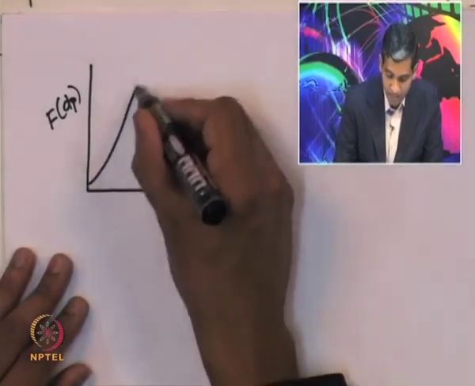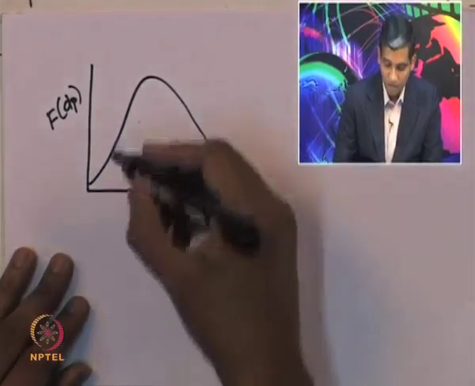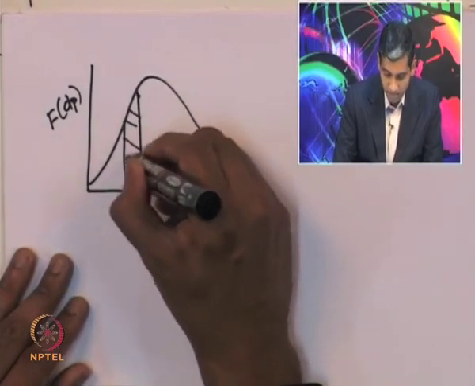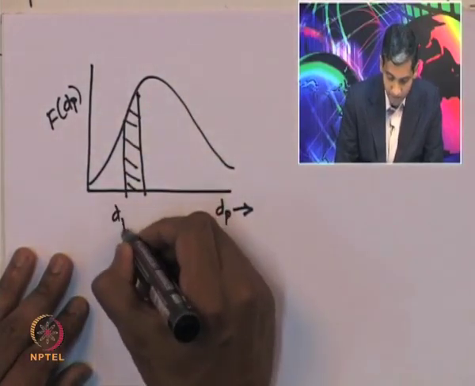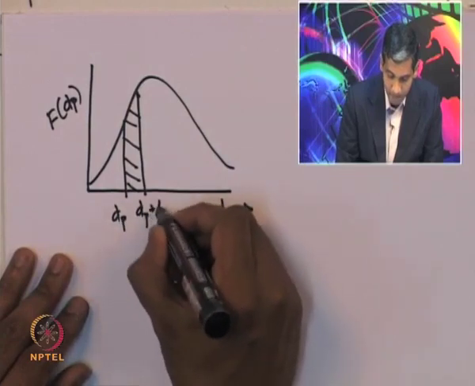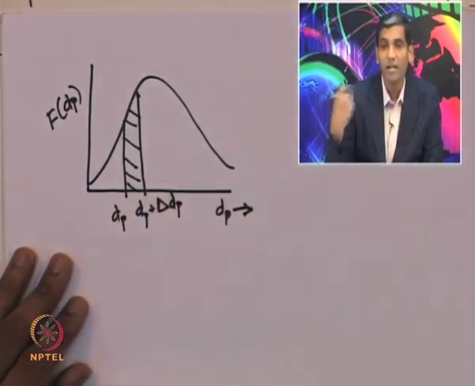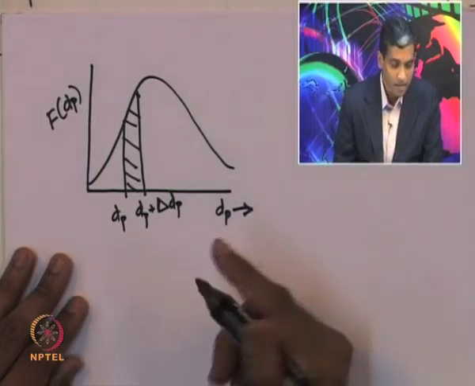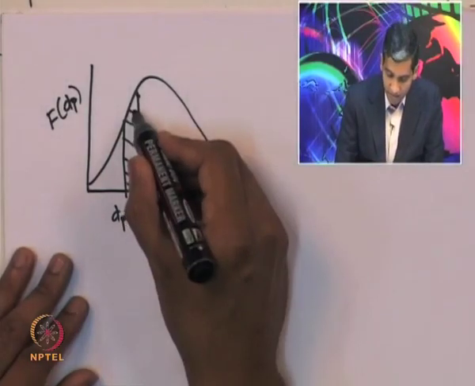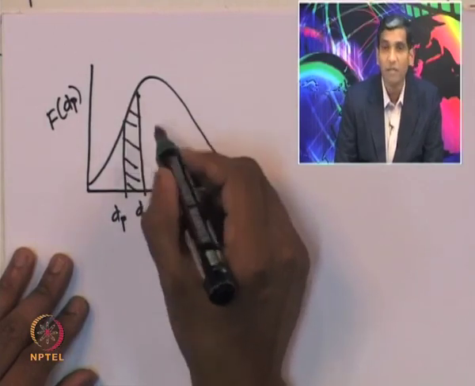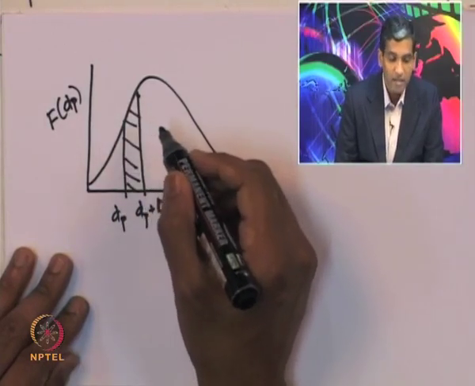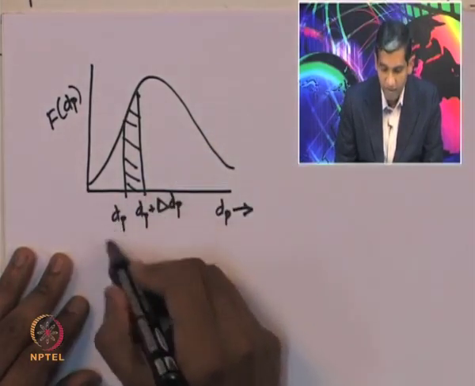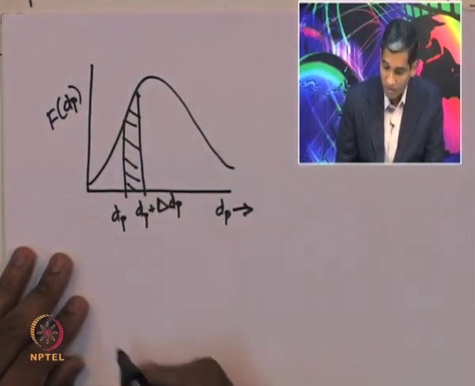Then we expect a certain histogram, where the location between, let us say, dp and dp plus delta dp, which is a small difference in the particle size. In that case, the area under the curve in this location signifies the number of particles present in the system whose diameter is between these two numbers. So, therefore, f